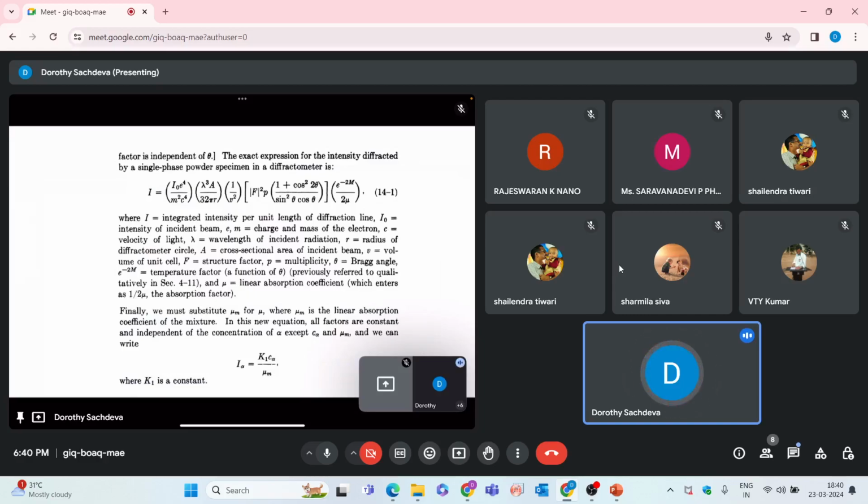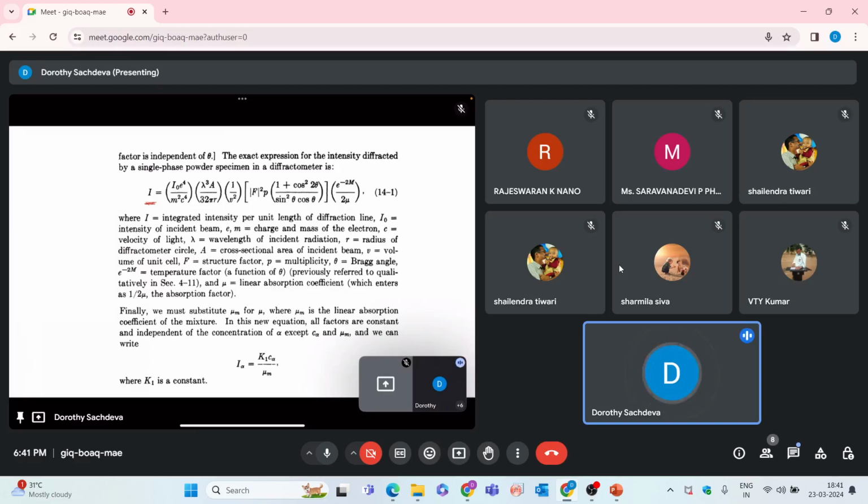So basically the quantitative analysis is given by your intensity, and your intensity depends upon your concentration, your mass absorption coefficient, and so on. So for your pure substance, you have your intensity of your HKL plane given by this long equation, where the intensity of a certain HKL plane, or you can say your integrated intensity, is given by